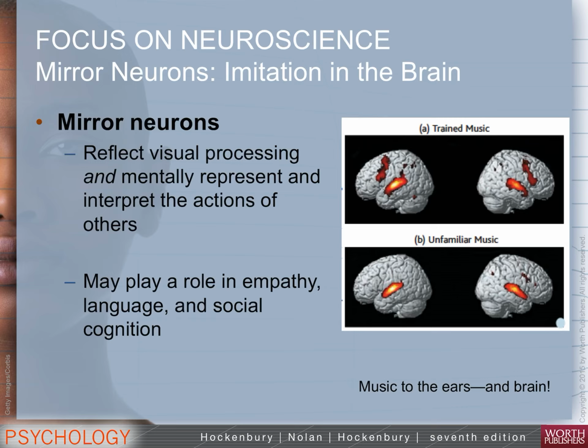So being able to imitate someone crawling when we're learning how to crawl, or someone walking when we're learning to walk, these are very basic things that help us build these skills. When you're learning a new skill, like how to paint, how to draw, or how to swing a golf club, you may imitate a particular behavior, and then at some point you can build on that and learn your own. So it's a great way for us to learn all sorts of different behaviors, what to do, what not to do,